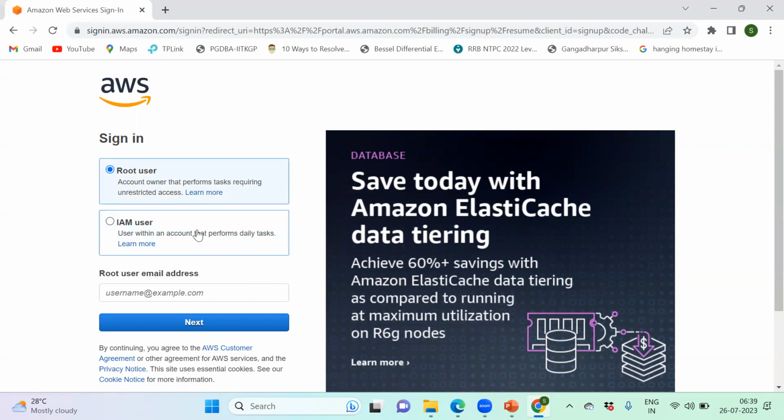Suppose you are the account manager of a particular project or product, or you own the particular AWS account. You just have to sign up with your mail IDs and the required details. And you are launching several products for your usage. You have launched databases, some servers, some data buckets, lots of components. But when your project is ready, you want to hand it over to the support team so that they can support it on a daily basis.